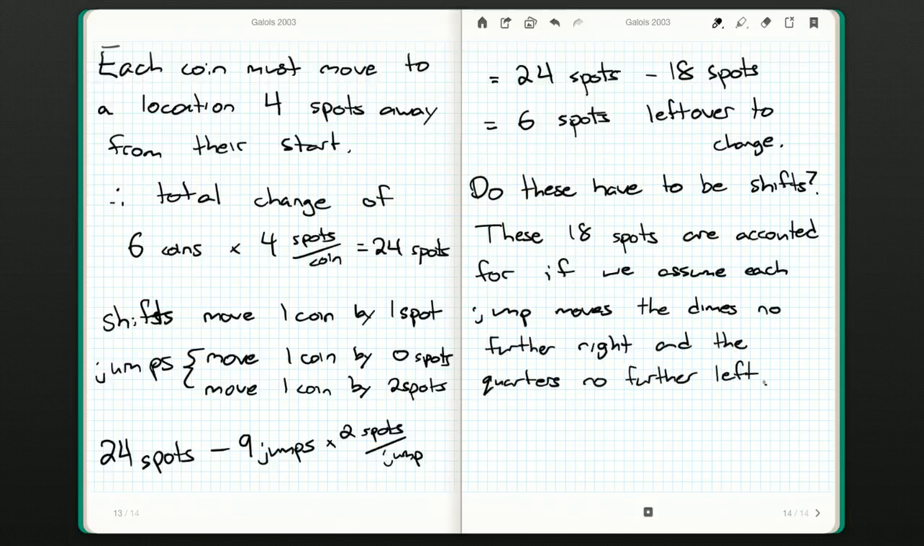So basically what I'm arguing here is jumps are good if the 2 spots being moved are moving a dime to the left or a quarter to the right, and the 0 spots represent no change in the quarter or dime respectively being jumped. So if we were to have another jump,